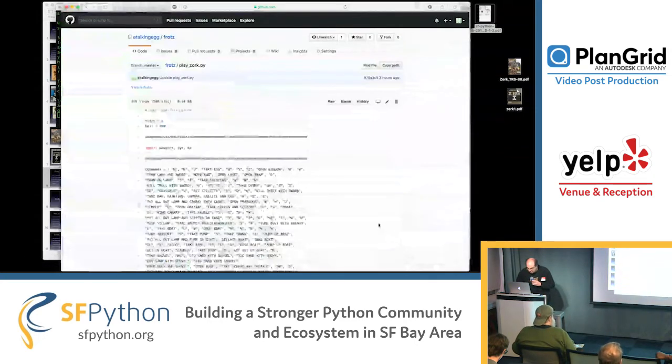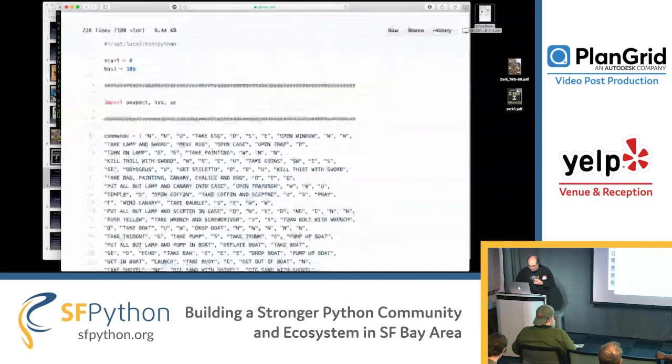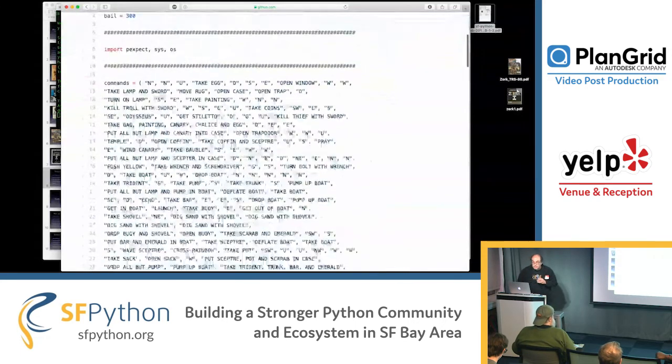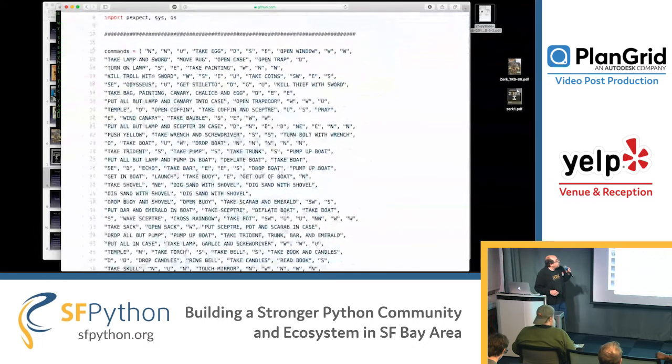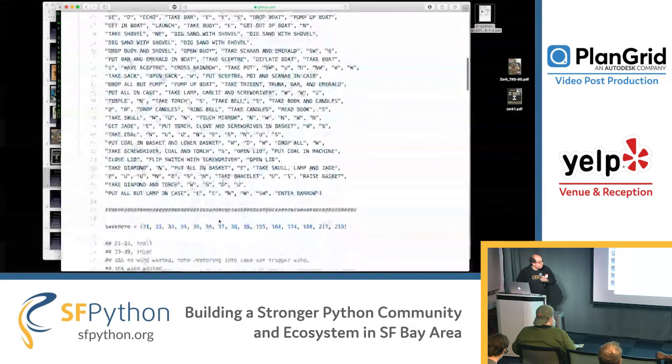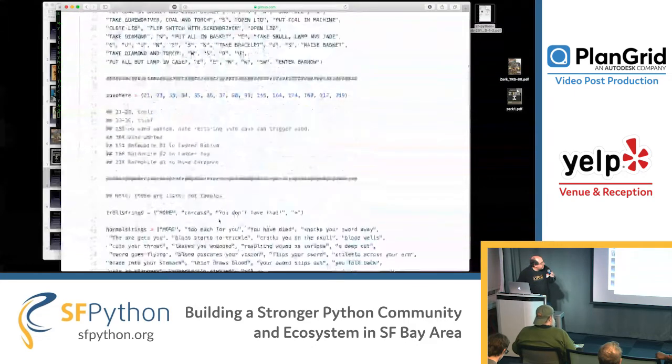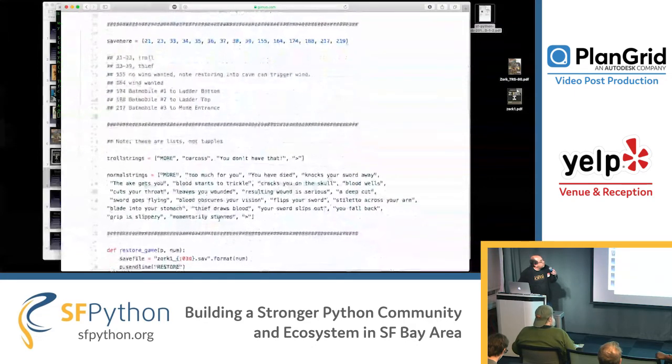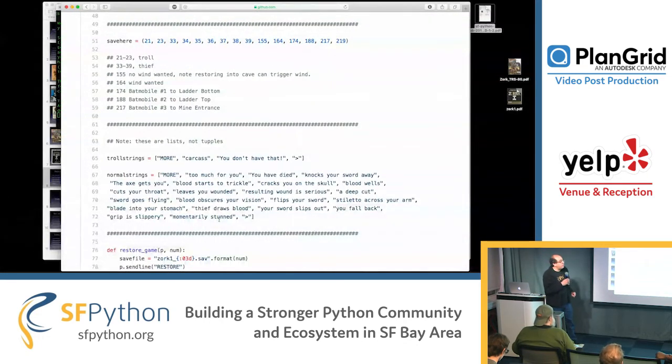Okay, so for those of you who think that you might want to play Zork, this is the part where you close your eyes, because this is how you win Zork. There's 227 commands here, and okay, for those of you that want to play the game, you can open your eyes again. So we have all the commands that win Zork.